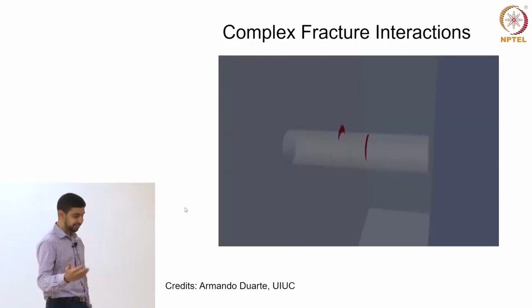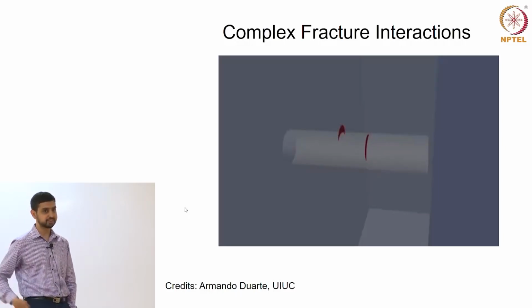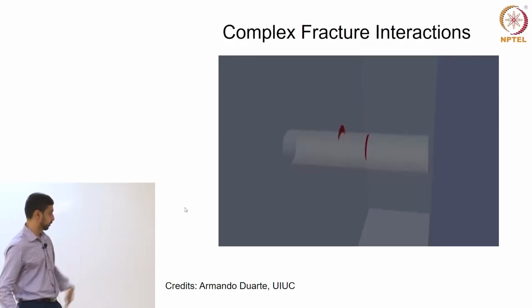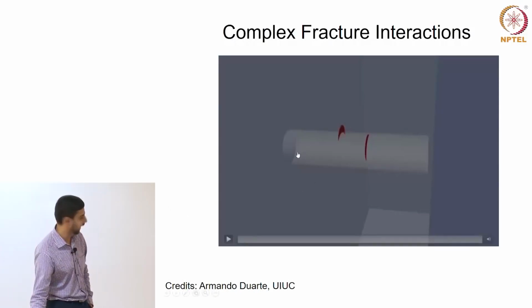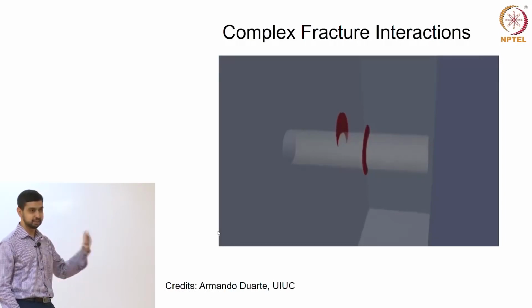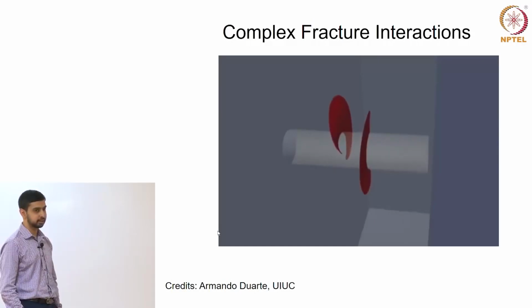So science and technology can actually have a huge impact on how to meet our energy demands and also improve our economy. So here's an example of how this can be simulated in a computer, and this I'm pulling from one of my collaborators at the University of Illinois. So they are modeling the hydraulic fracturing process that you just saw as a fully coupled multi-physics process on the computer. The cylindrical object that you see on the screen is actually a well, and you have two perforations that are created, and now you're trying to drive those fractures by injecting pressurized fluid. So let's see what happens. You see the fracture starts growing with increasing pressure. The pressure exceeds the failure stress of the rock, and that essentially results in a growing fracture.